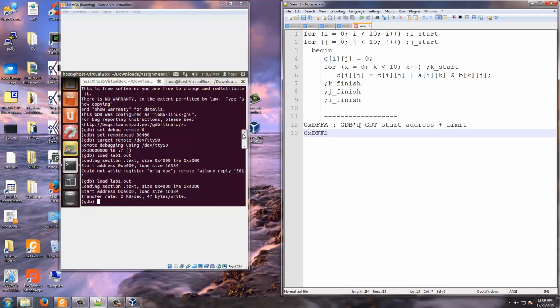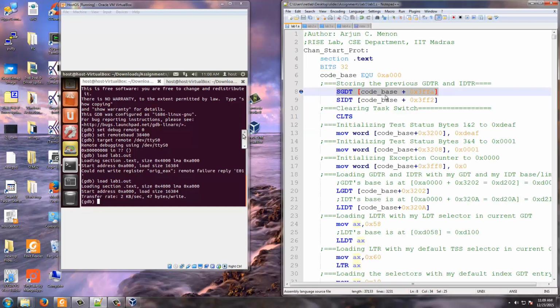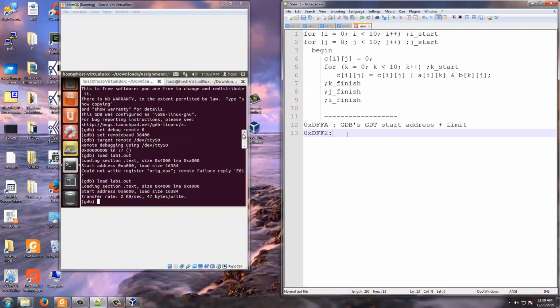Similarly, in 0xDFF2 we will be storing GDB's IDT start address plus limit.